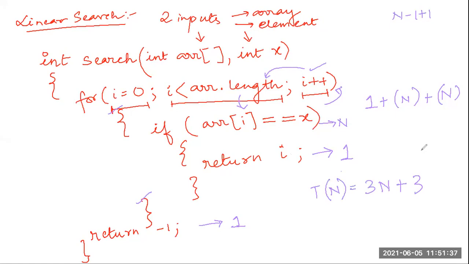And we have just learned that we take the most dominant term which affects the growth of the algorithm. So this constant 3 I will ignore, and in this 3n we take the dominant term. The dominant term is n. We have learned this already in asymptotic notations. So if you look, the linear search time complexity is order of n.